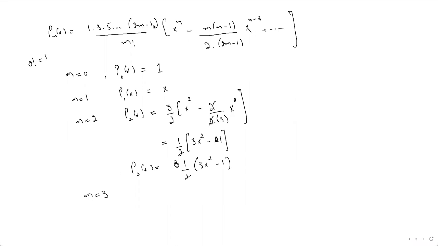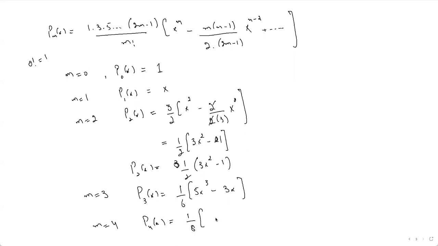it will be 2 threes are 6 minus 1, that is 5, 5 by 3 factorial, that is 6. So you will see that P3 of x will be equal to 1 by 6 times 5x cube minus 3x, right? And similarly for m equal to 4, you just give these values here, and write the second term also, and you will find this. So P4 of x will be equal to 1 by 8